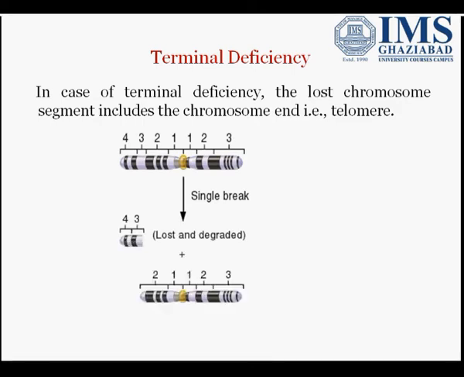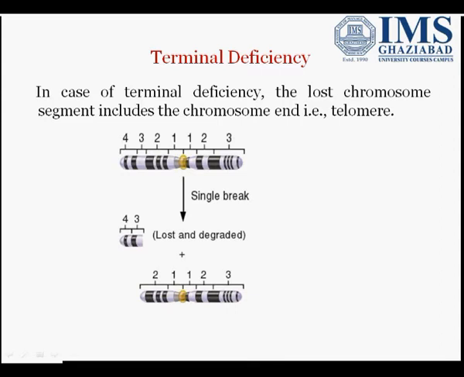Now you just find out with this diagram, it is clear that this is the particular chromosome. From 1, 2, 3, 4, we have genes on this side, and on the other side of the centromere, again we have the genes 1, 2, 3, 4. A single break occurs, and from the left portion of this chromosome, at the end, which is called the telomere, the third and the fourth genes get lost, or you can say this part of the chromosome gets degraded.